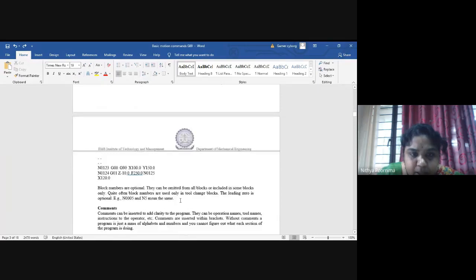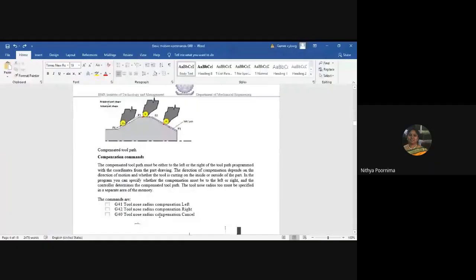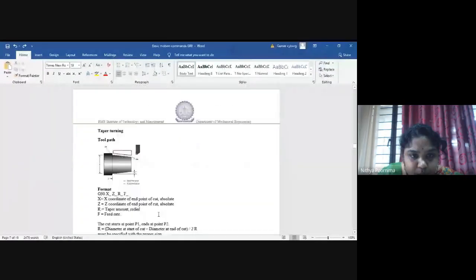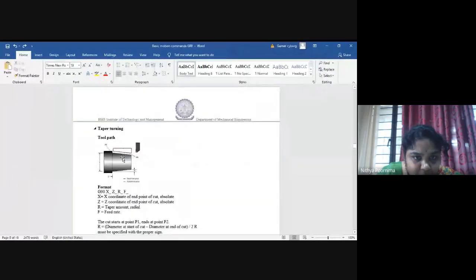Tool radius compensation, I will teach you when I'm teaching you threading operations. Now, for taper turning operations, what is G90? It's the command which we use for